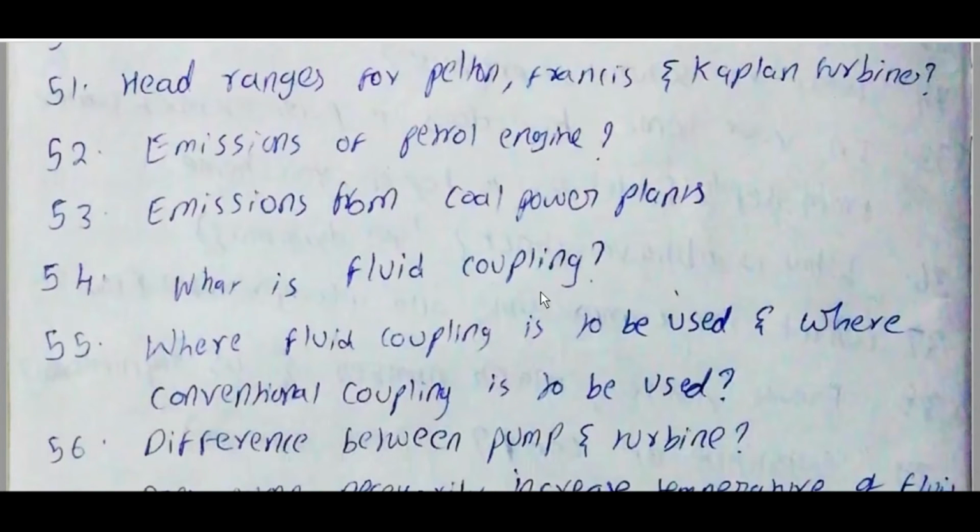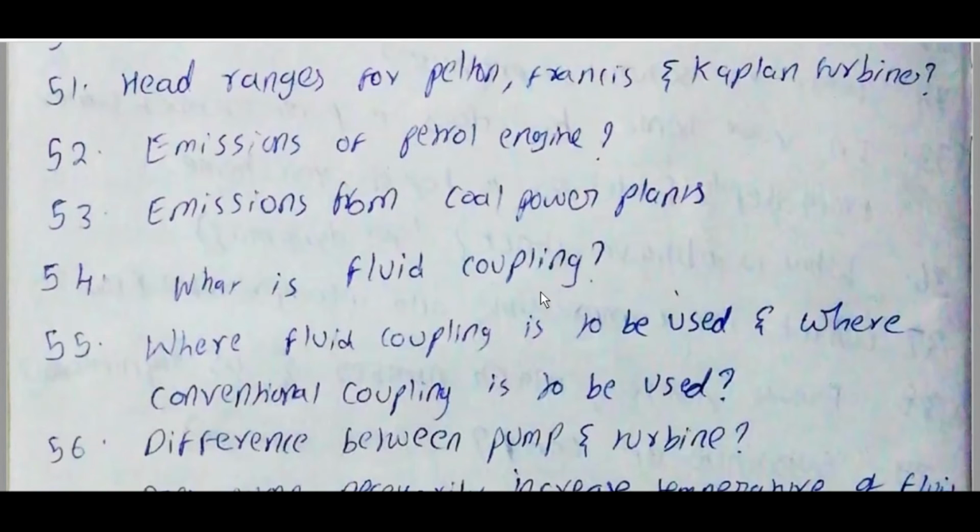Emissions from a petrol engine: CO2, CO, NOx, SO2, HC, O2, N2, H2O. Particulate matter or soot, that is partly burned fuel in a diesel engine, is very low in an SI engine, so neglected. Emissions from a gas turbine: NOx, CO, particulate matter, volatile organic compounds as primary pollutants, SO2 depending on sulfur content, CO2, O2, N2, H2O, HC. Emissions from petrol engine and gas turbine are almost the same.